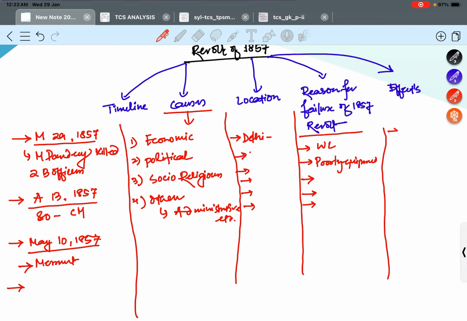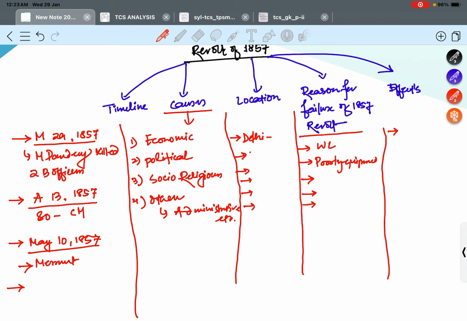What was the effect? What was the result? Because of the 1857 revolt, there were many consequences observed at that time. For example, it sowed the seeds of nationalism and anti-imperialism. From then onwards, people started to raise their voice against the suppression by the Britishers. The 1857 revolt led to reform in the Indian administrative, legislative, and executive setup, and also it acted as